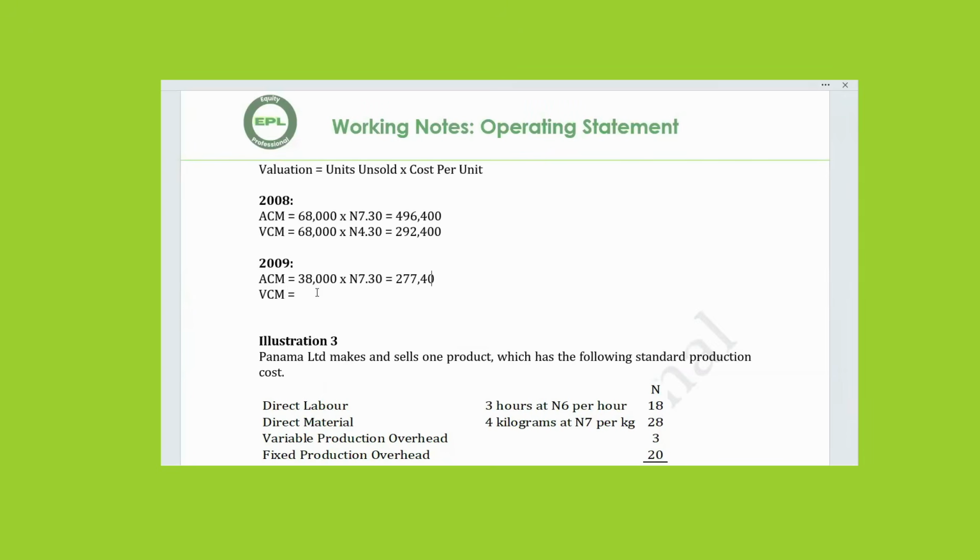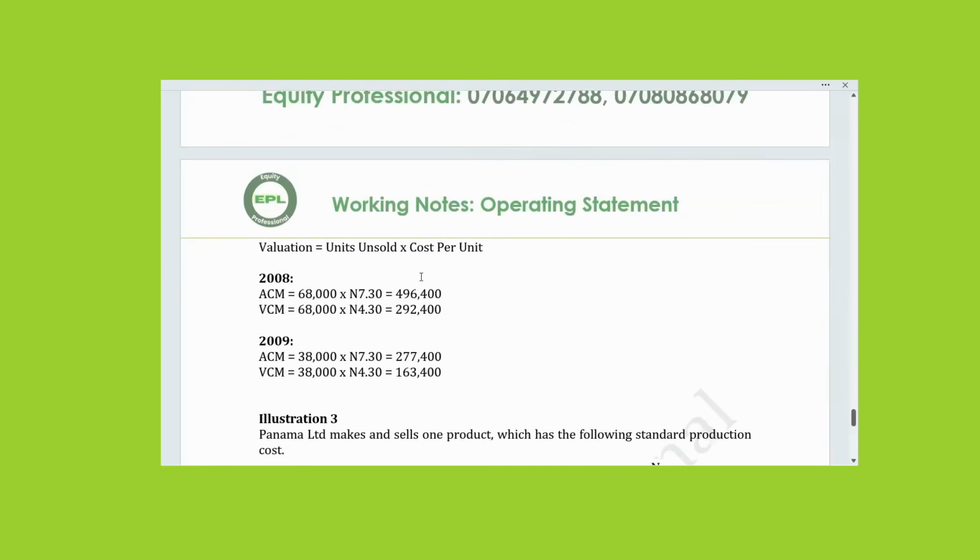277,400. That's it. Then under the variable costing method, 38,000 units multiplied by 4 naira 30 kobo. What do you have? 163,400. So that's it. We are done with the workings for closing stock. Right now we are calculating using absorption costing. So closing stock in 2008 is